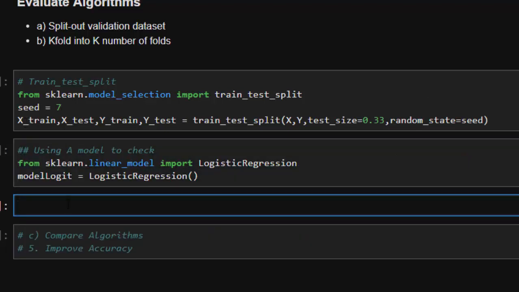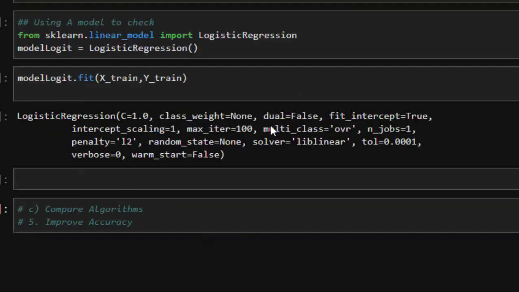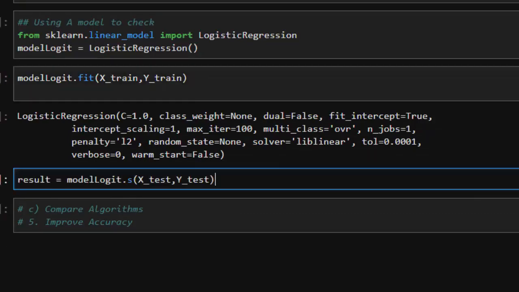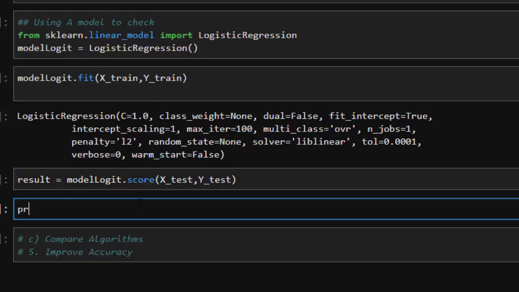Now we can just check for it by doing model_logit.fit, then we are going to use x_train, then y_train. And so after that, let's check for this. So I'm going to call it score, then perfect. Now we can check for the accuracy of our model using this format of, let's say, print